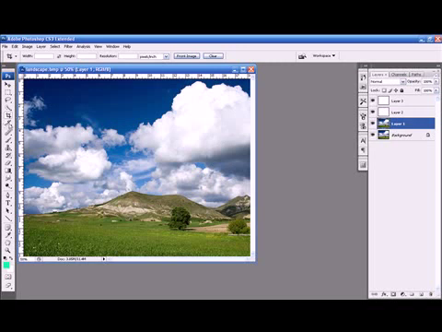Now the next tool is the slice tool. The slice tool I'm not gonna talk about now, because the slice tool can do some certain functions, like if you're building a web page and you build a template in Photoshop, the slice tool allows you to export that template and use it